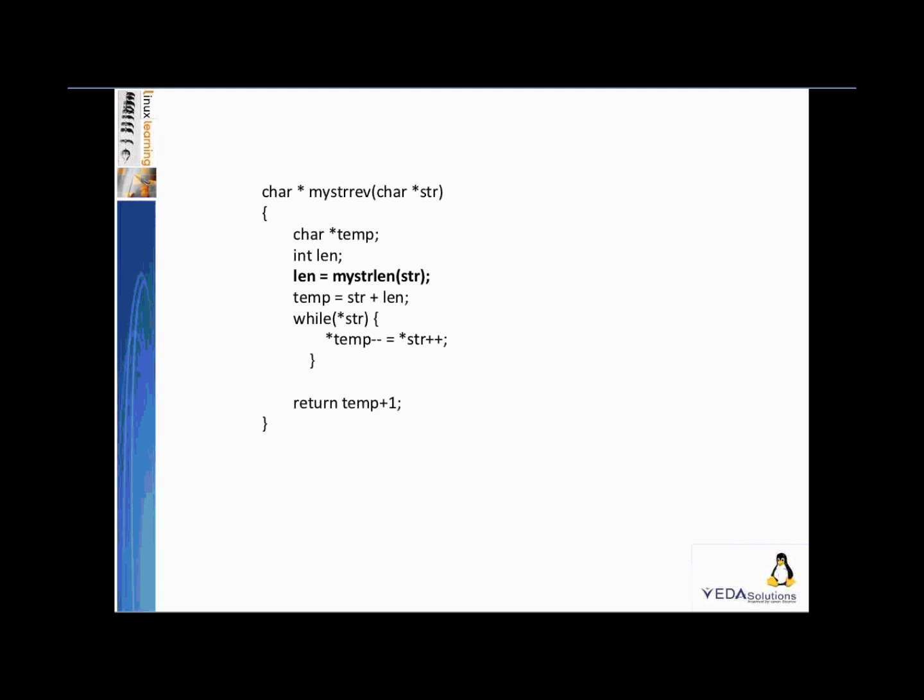The next instruction in our source is a function call to MyStringLength. Notice this, here we are passing to MyStringLength the address of that particular string constant. This function needs to find the length of that particular string pointed to by this pointer str and return the length. And this particular str is an argument received by this function MyStringReverse. So whatever argument we have received from the caller function, we are passing that particular argument address to this function called MyStringLength. The assembly equivalent of this would